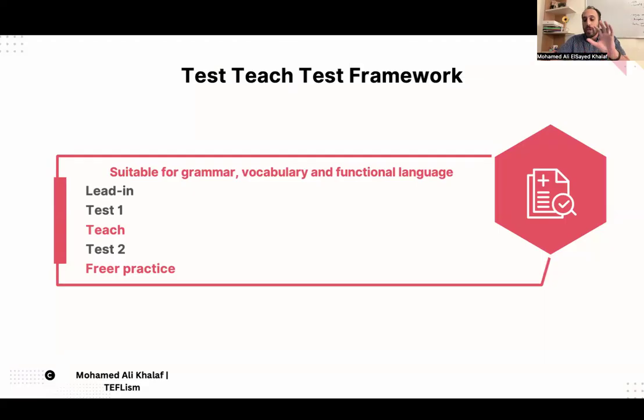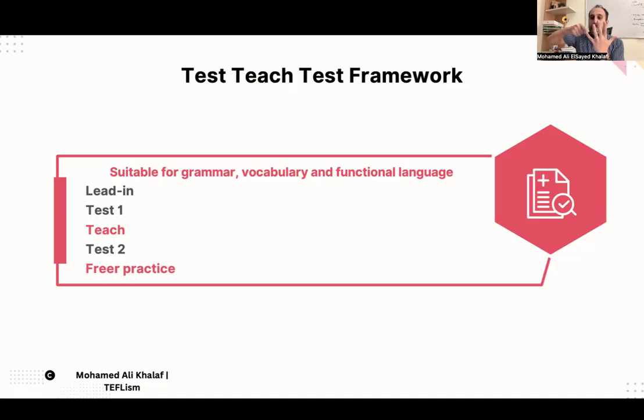See? So if you're teaching them 16 words and they were able to do 10 words correctly, you just teach them the 6 words they struggled with. Don't teach them the 16 words, because that would be a waste of time. We need more time for them to practice. That's why we love the test-teach-test framework. It helps students with words they don't know very well.